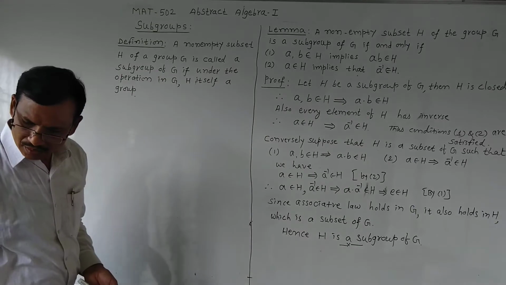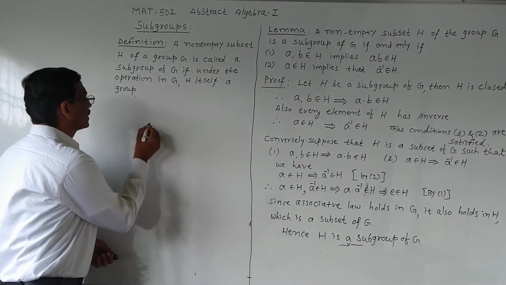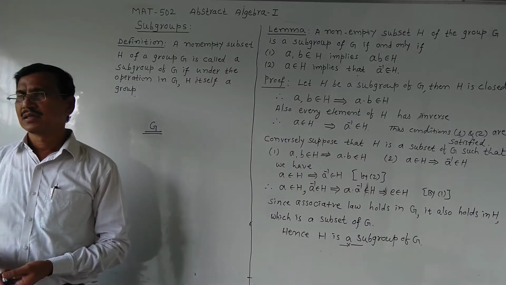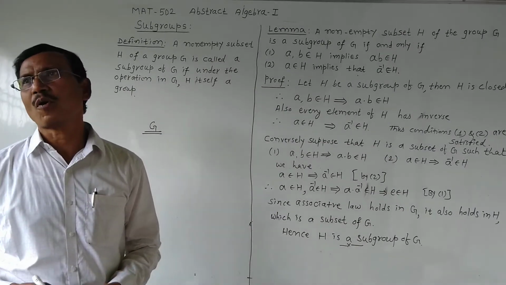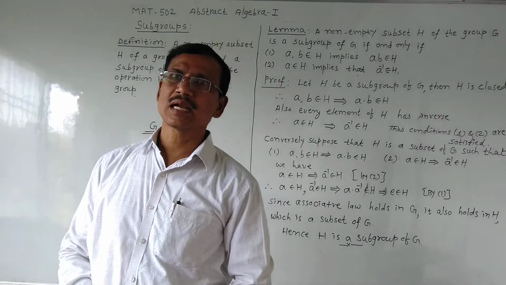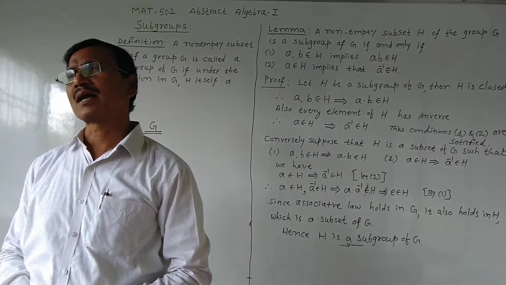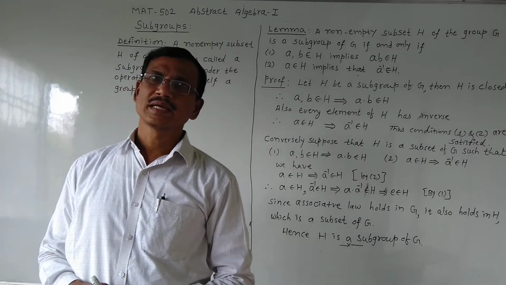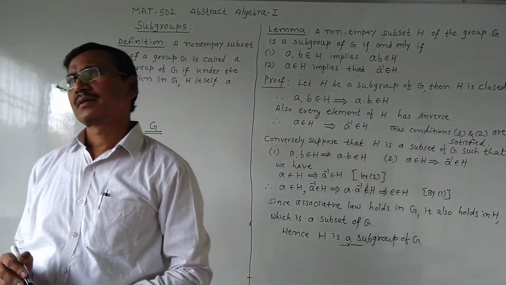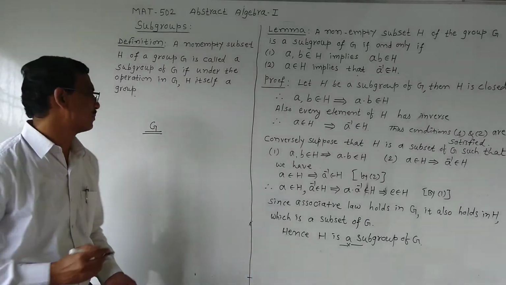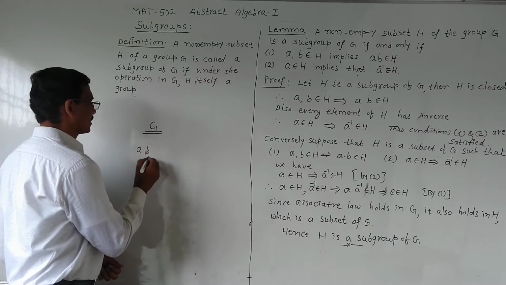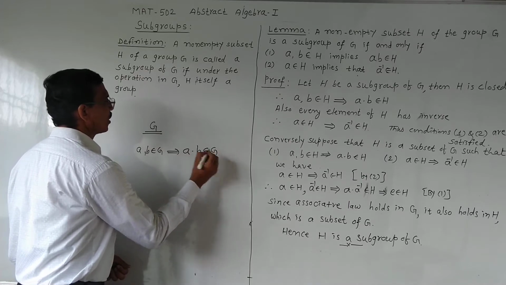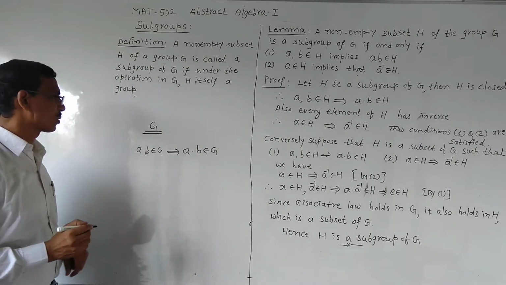Now, G is called a group with respect to some binary operation dot if four properties, or four conditions, are satisfied. These four conditions are, first, closure property. That means a dot b belongs to G if a and b belong to G. Means if you consider a and b are two elements of group G, then this implies a dot b also belongs to G. This is called the closure property.